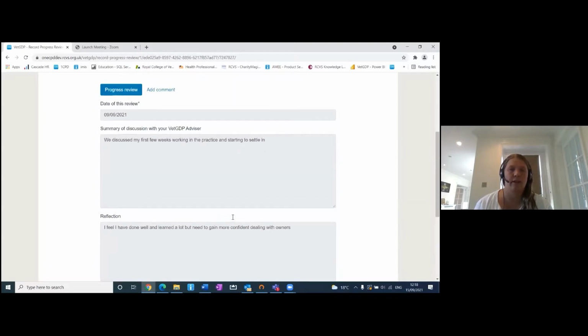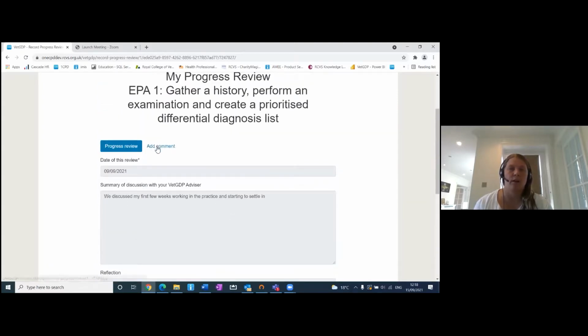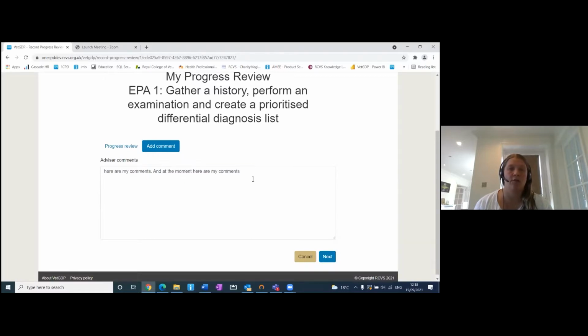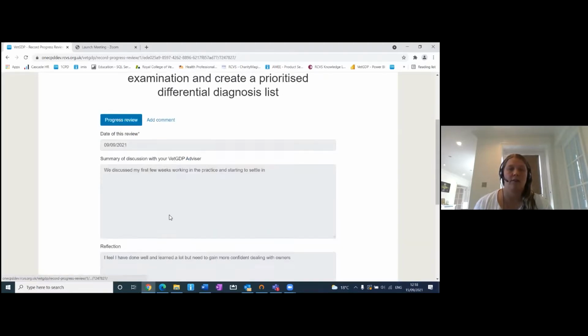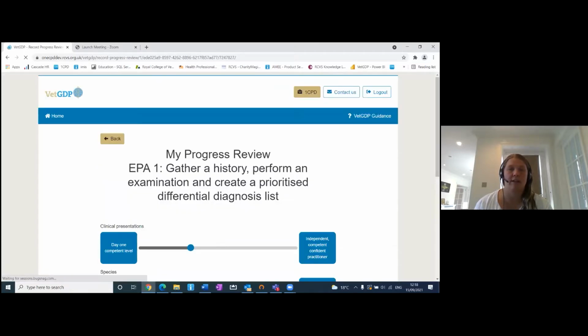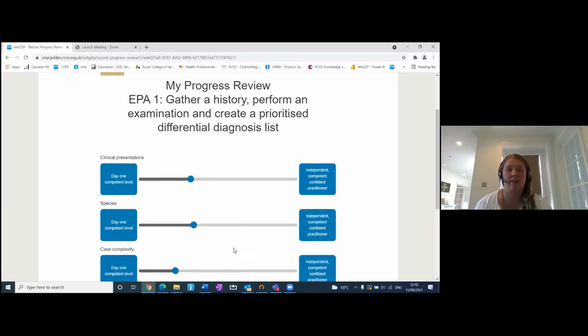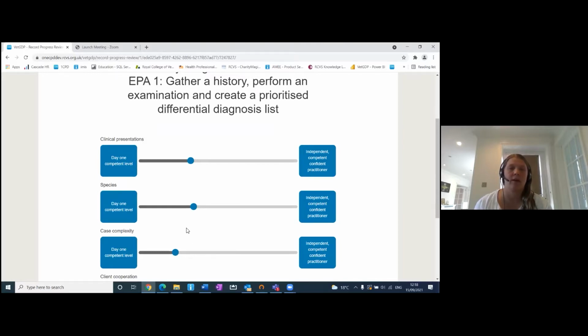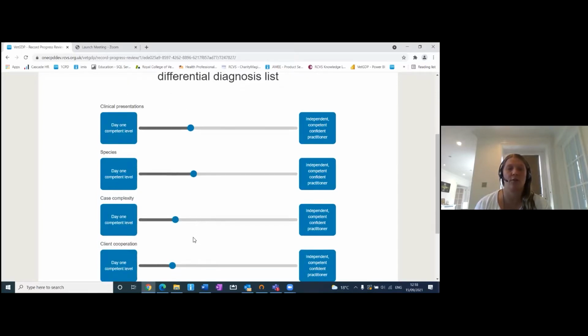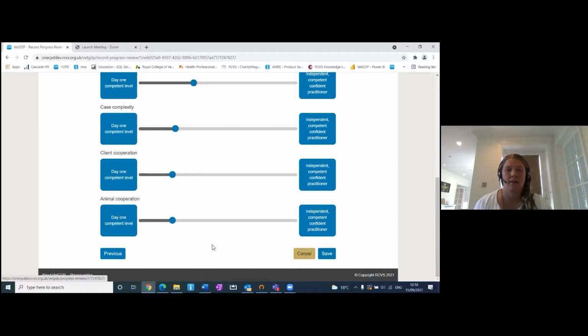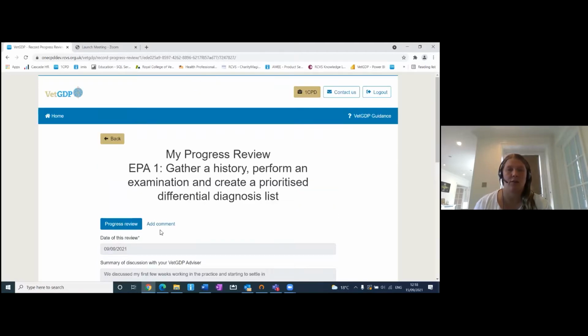You'll see here they filled in the progress review. You can add a comment if you want. And then you'll see on the next page are all the sliding scales that you should try to do together so that you can have a discussion of where the graduates are at for this EPA. The VetGDP advisor can't amend the sliding scales in their portfolio, so it's only the graduates who can do that. So if we go back,